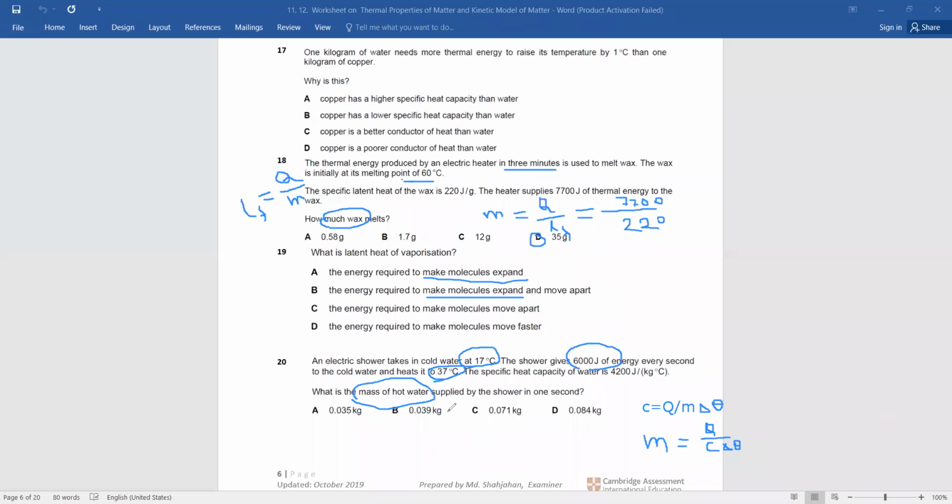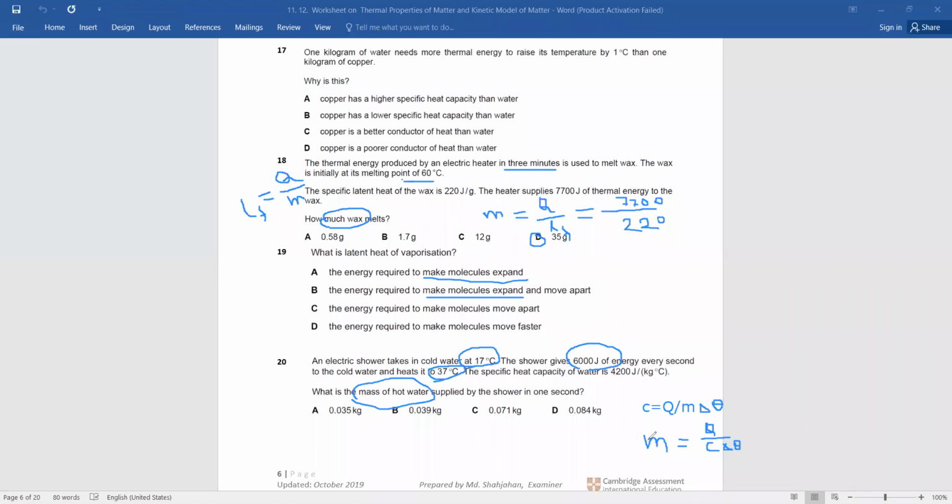Sat said 0.071. What about you, others? Your answer is coming also same. Sir, why multiplied with the specific heat? Look, we got this formula, right? C equals Q by M del theta. But they are asking you mass. That's why we are taking mass here, as C is coming down. Q is multiplication also. Just C is coming down and M is going up.